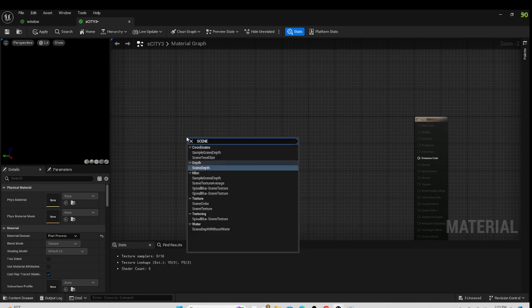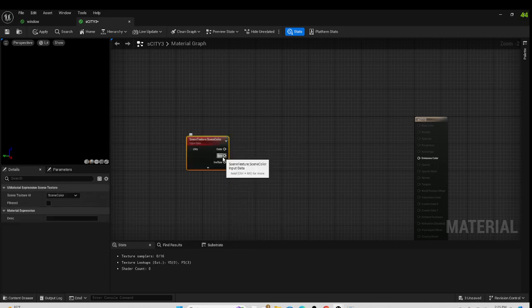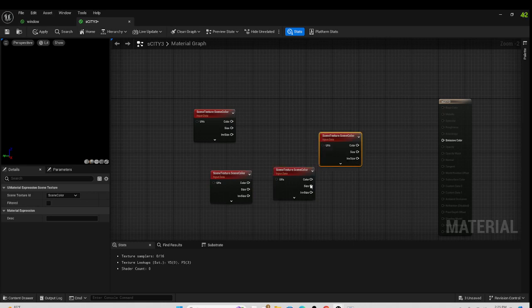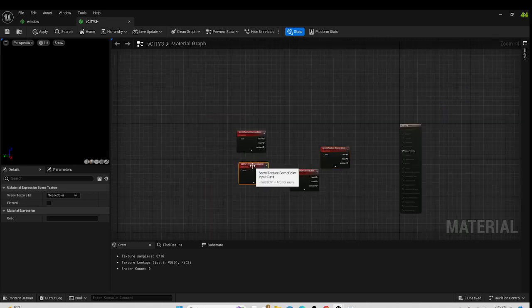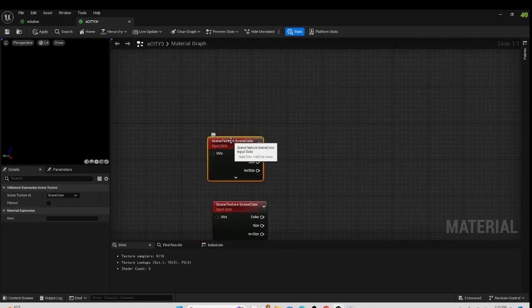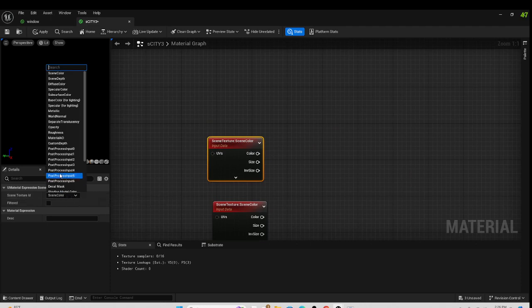I'm going to type in scene texture, without the caps probably. Okay, and so what we're going to do with this is we're going to copy it: Control C, Control V, Control V, Control V. We're going to do this 4 times, and each one is going to be a little different. So we're going to left click it, and we're going to change this to a stencil,